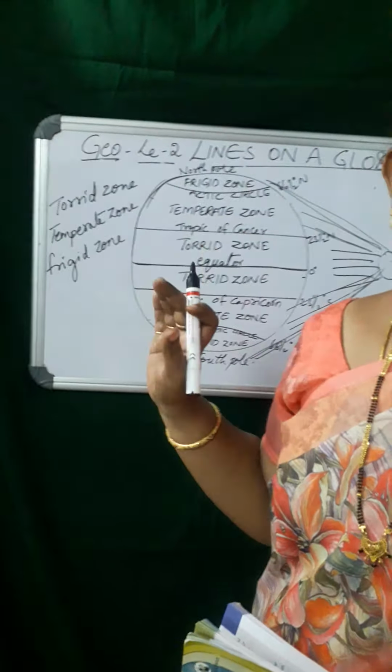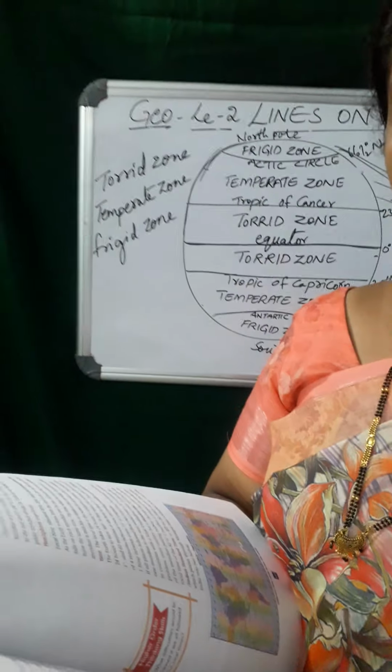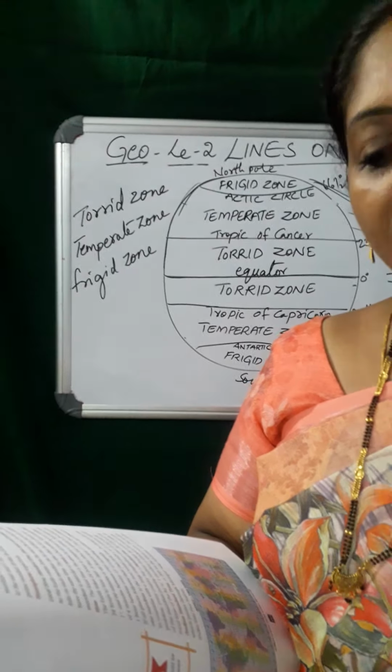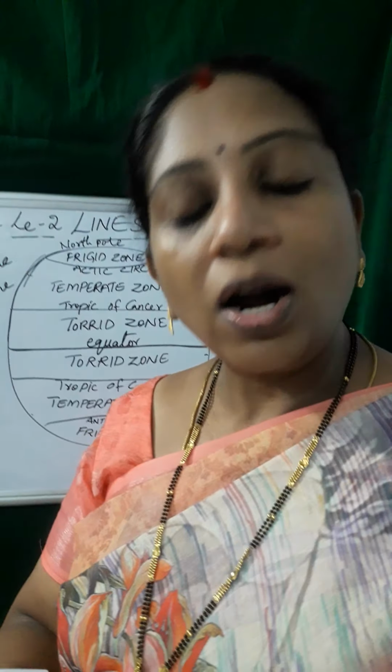So let us look into the textbooks, ma'am. The torrid zone, the region between the Tropic of Cancer and Tropic of Capricorn, is known as the torrid zone or tropical zone. The midday sun shines directly over the places lying between the Tropic of Cancer and Capricorn at least once a year. Therefore, this region receives maximum heat and is the hottest zone. Most of South India lies in the torrid zone. Here we have India, and most of India is located in this torrid zone only. That's why we experience this very hot climate.